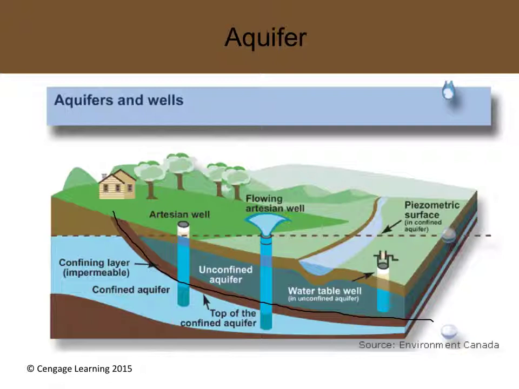So what happens is, think about it: it's raining here, and the rain goes into the ground, it saturates, and of course that happens in our region very well, and it goes down into the ground. That is called an unconfined aquifer. If we go a little bit deeper, we have a layer called a confined aquifer. It's confined by the clay layer.